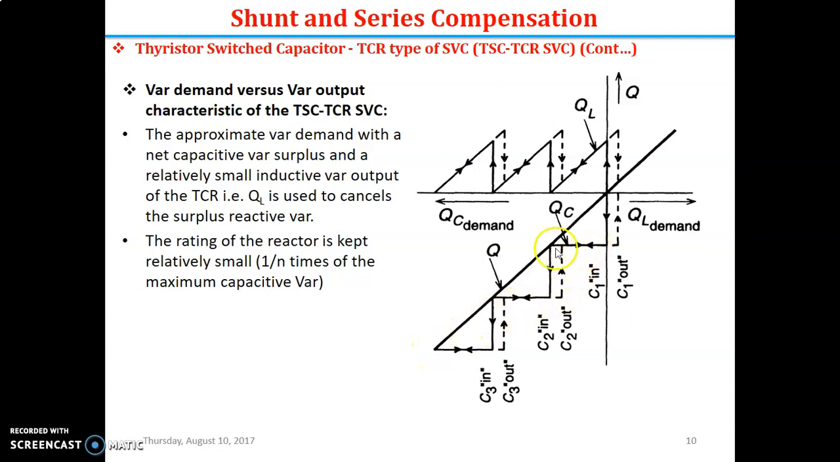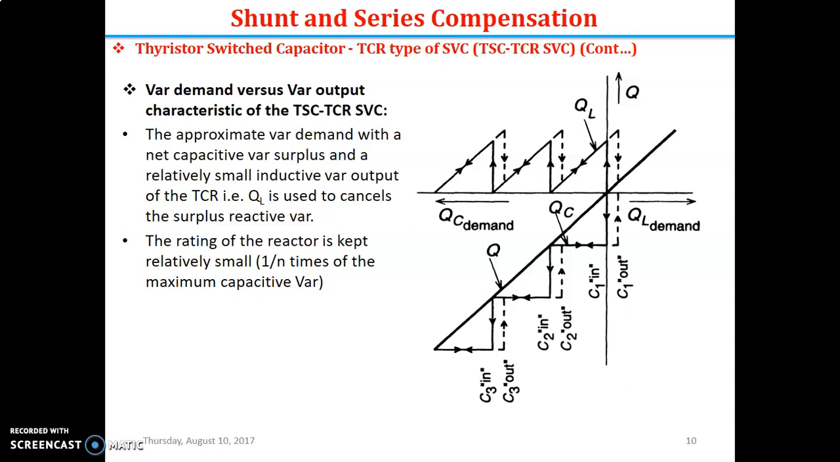Now this is the stepwise capacitive output which we get, and this stepwise output can be converted into a smooth output with the help of the smooth variation of the inductive VAR output. So inductive VAR output can be controlled with the help of alpha. So we will get this with the help of one inductive VAR output. So you can convert it into the ramp or ultimately the smooth waveform,